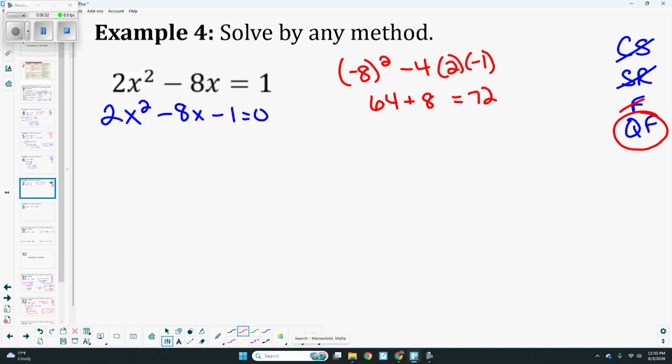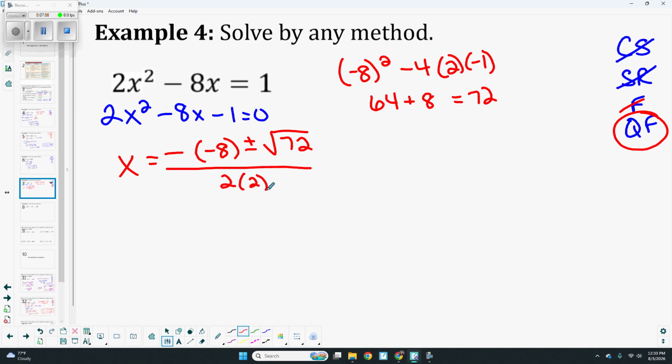What's nice is we've just done some of the work for our quadratic formula. I now can go and say x equals negative b plus or minus the square root. I already did b squared minus 4ac, so that number can just go under the square root, over 2a. All right, and it feels a lot less daunting now. So now this is a positive 8 plus or minus, so the square root of 72 is 36 times 2,